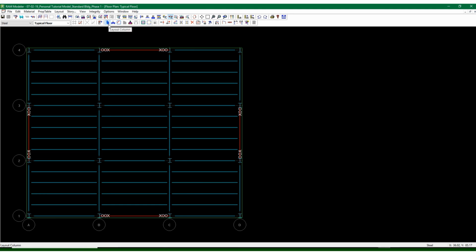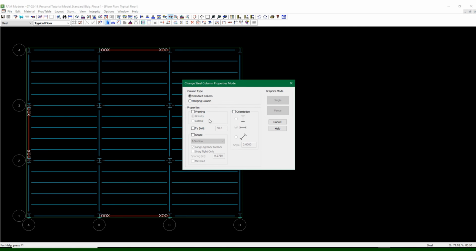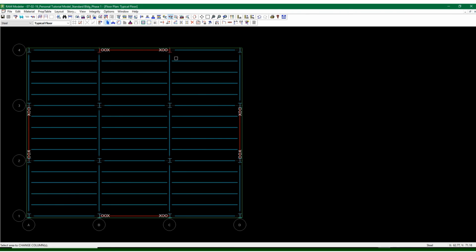Let's change some of these columns to lateral. In order to do that, I have to select column layout and then make these modifications here and change the properties from gravity to lateral. Everything else that is not selected is not applicable. These are the only things that will be modified here, the properties. So I'll fence in these 8 columns, change them all, right click, cancel, set,